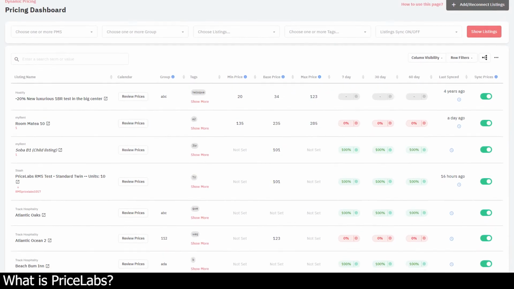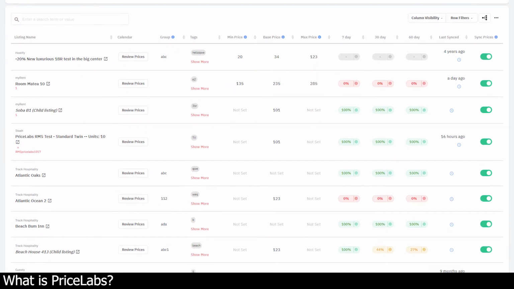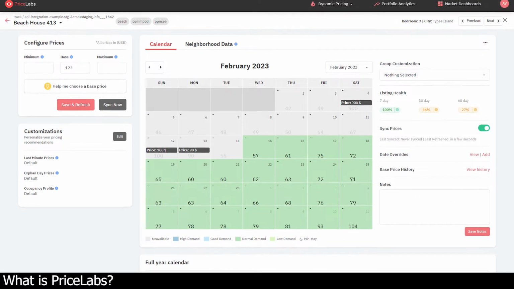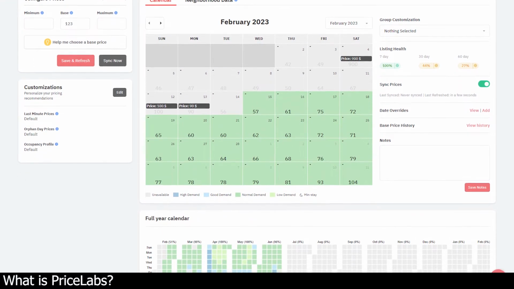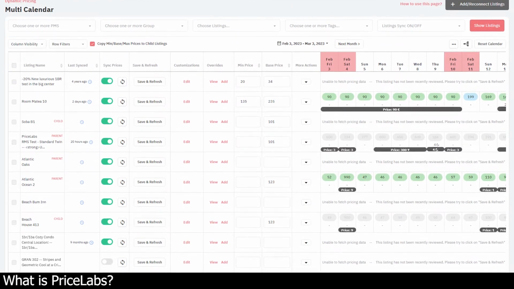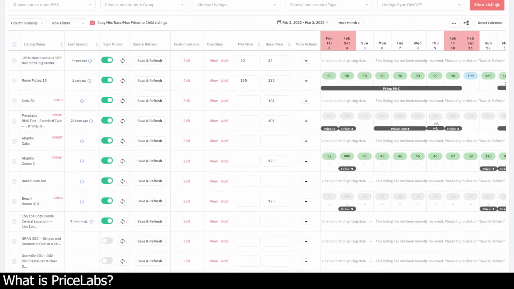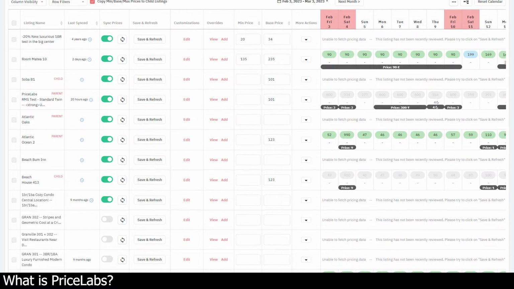PriceLabs is a revenue management solution that combines human control with best-in-class automation and market data to maximize revenue and occupancy. Our system tracks vacation rental and hotel data from around the globe to identify trends in bookings and demand. So, with our dynamic pricing service, you get automated daily rate and minimum stay updates based on market data and